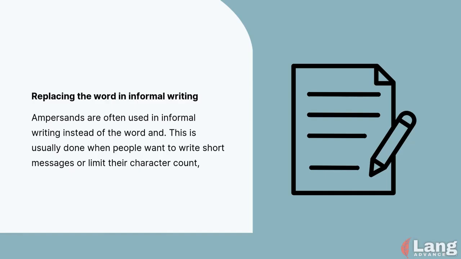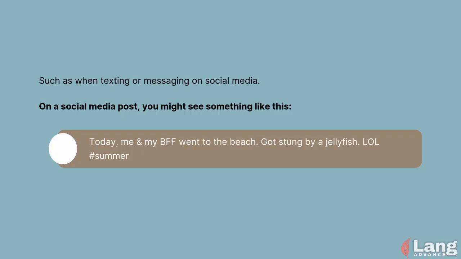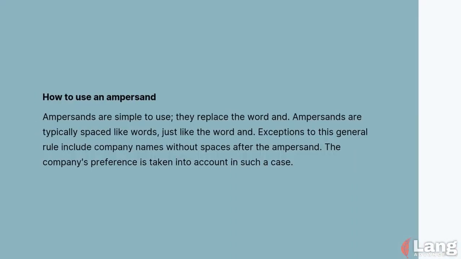Replacing the word "and" in informal writing. Ampersands are often used in informal writing instead of the word "and". This is usually done when people want to write short messages or limit their character count, such as when texting or messaging on social media. On a social media post, you might see something like this: "Today, me & my BFF went to the beach. Got stung by a jellyfish, lol. #summer"